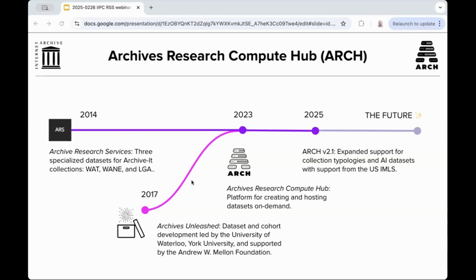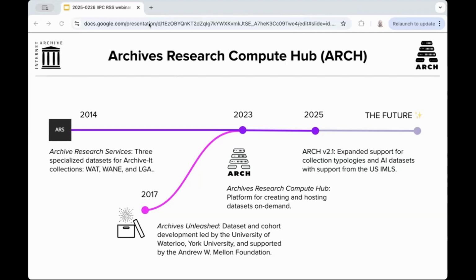Following a pilot phase with, I think, some of the attendees on the call today, we released the production Arch service in 2023, and its current release is version 2.1, which just last month introduced a whole host of UX improvements based on the input of our early adopters, and those first supports for Internet Archive collections and AI-assisted jobs like we use Whisper for speech-to-text and TrOCR for the text recognition.